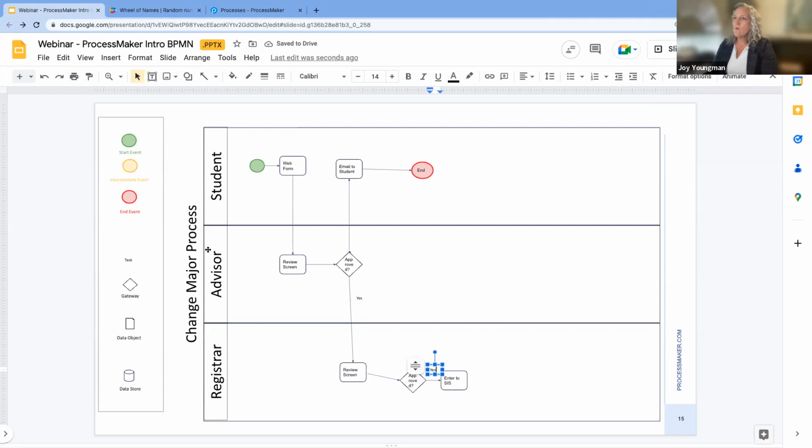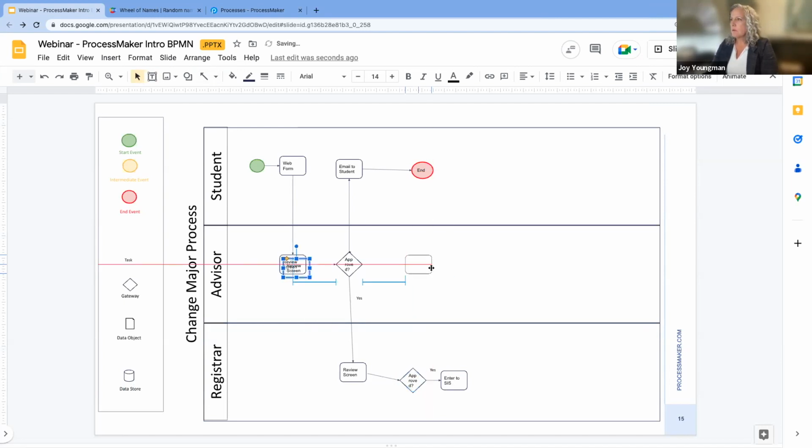And the no, maybe the no, we send it back to the advisor. So I will copy this. And from here, I'm going to go ahead and